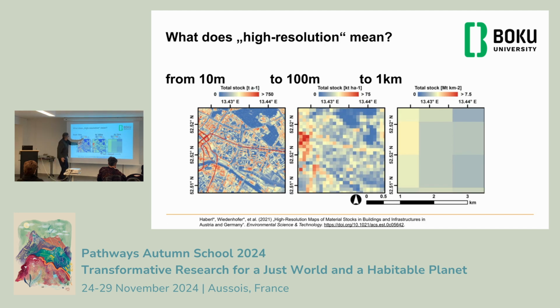Yeah, and why is it important to be high level? This is the center of Berlin, and this is how the center of Berlin looks like at the 1 kilometer level. Yeah, you don't get a lot of information here. That's at 100 meter level, it's a little bit better, but this is the only level where you really see something. That's 10 meter. And here you see, for example, the metro lines are the dark red stuff, it's most heavy, like, yeah, and it's got the roads and the buildings and so on, so you can see individual buildings. And that's where you start seeing the structures.